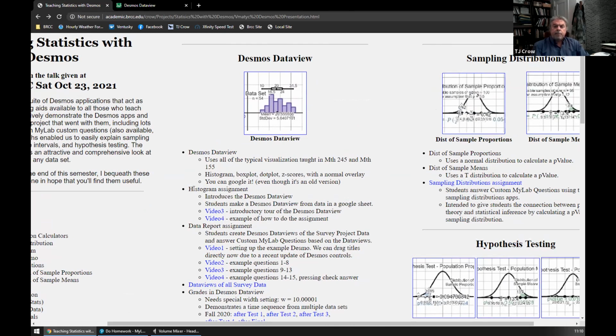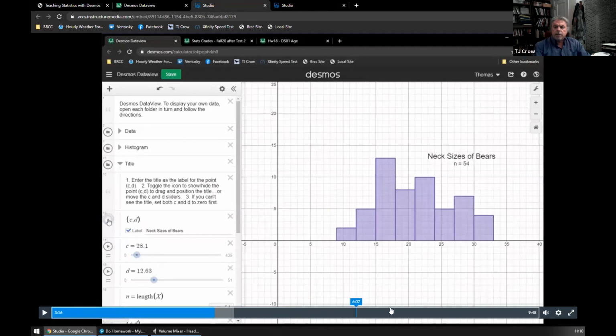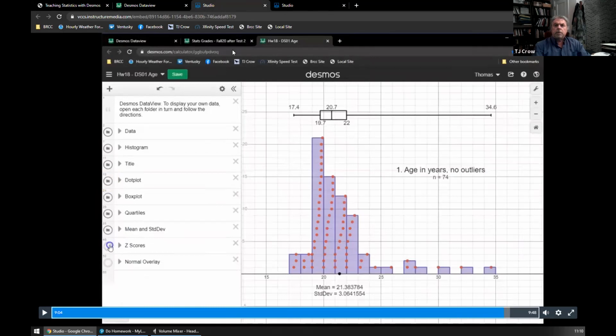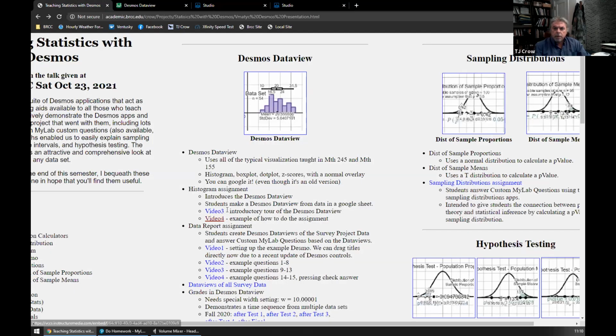Histogram assignment. There's a couple of assignments that we developed to go along with the Desmos Dataview. This first one introduces the Desmos Dataview. Students make a Desmos Dataview from the data in a Google Sheet. I didn't provide all those links, but I gave you links to the videos that I developed for the students. Here is an introduction, kind of like what I just gave you about the Desmos Dataview. And then this gives them an example of how to do the assignment,